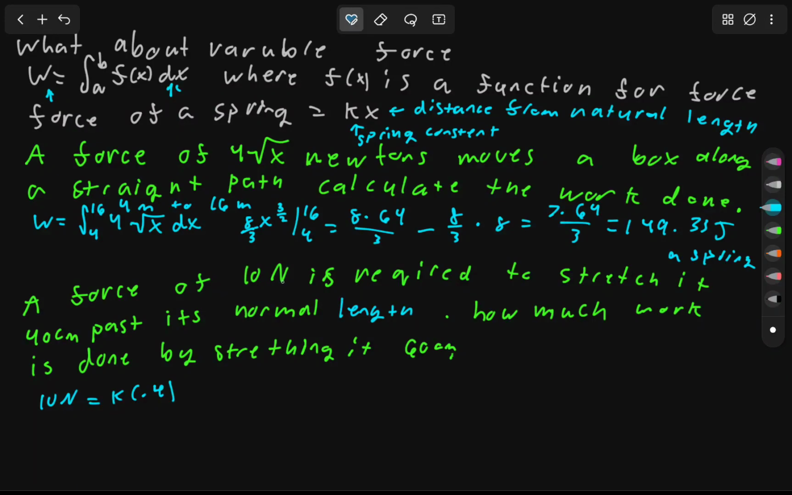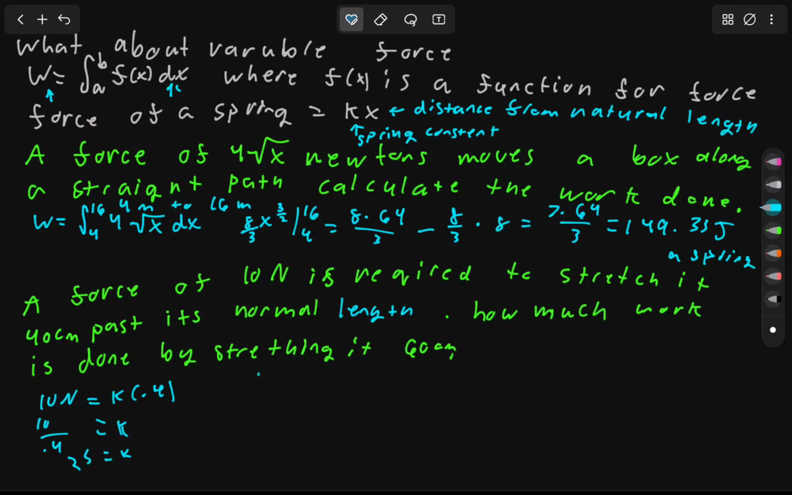Well, newtons are in meters, however, centimeters are 1/100th of meters. So we want to get everything in terms of meters, or like length of meters. So what we're going to really find here is that k is going to be equal to 10 newtons divided by 0.4. So now that we have this value, which is really going to be the same thing as 25,